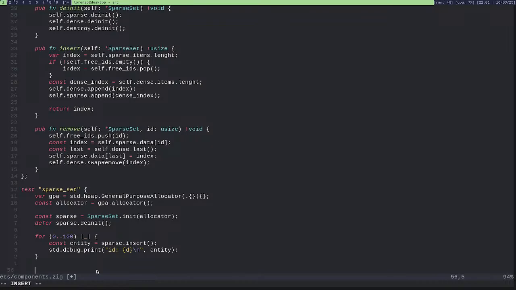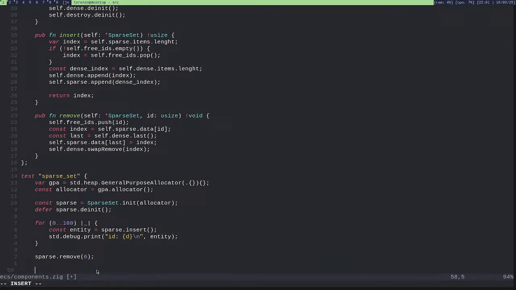So sparse remove ID 6, and then I want to see what will be the next ID I get. So new ID, and this will be sparse.insert.